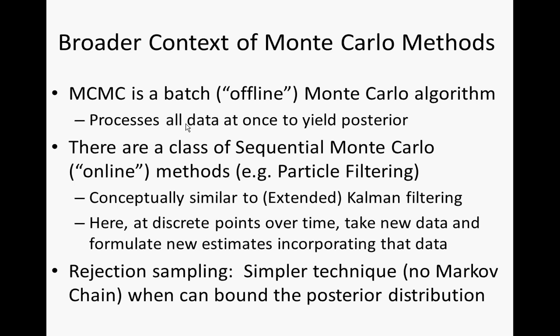However, they're far, far less restrictive in terms of their distributional assumptions than Kalman filtering. The sequential Monte Carlo techniques can be much more efficient than the sort of batch technique we just looked at, although they are somewhat more restrictive. And it turns out there's a simpler technique called rejection sampling. When you have knowledge that can bound the posterior distribution,